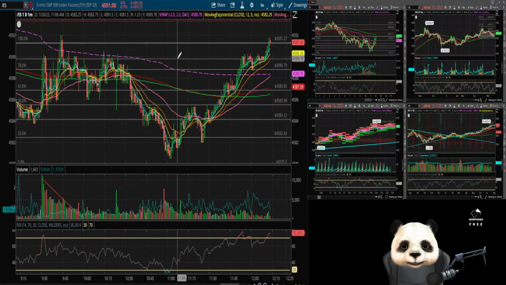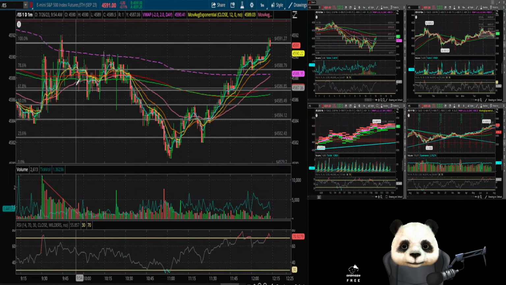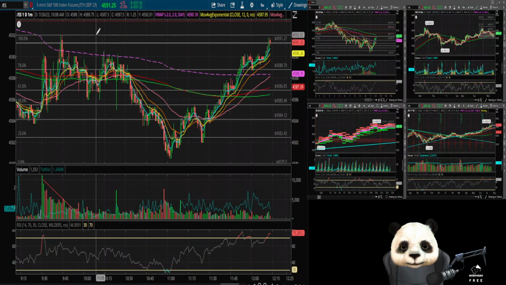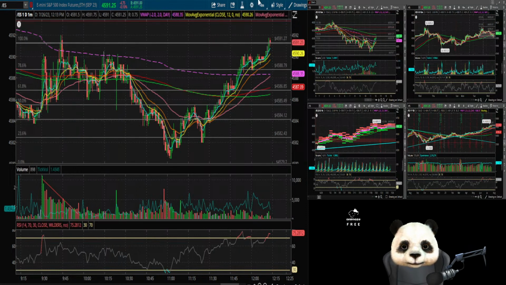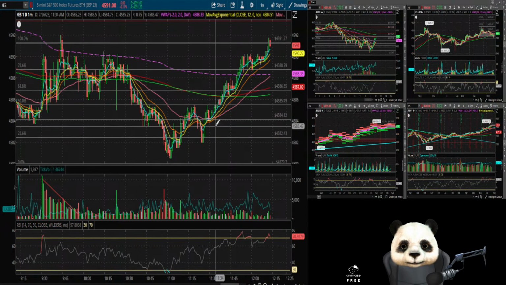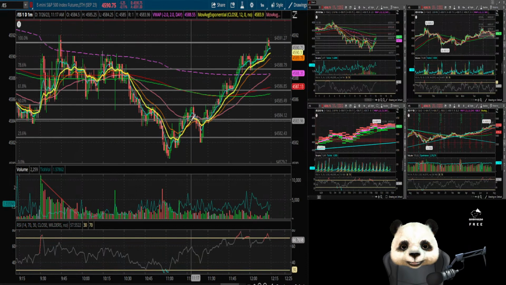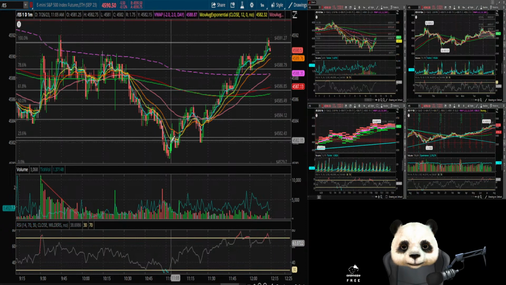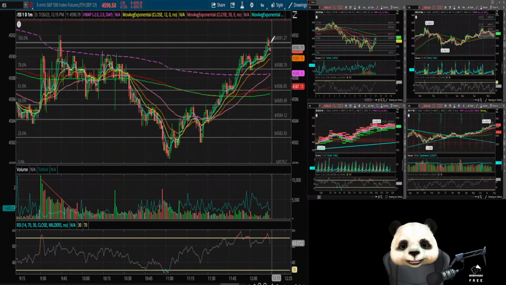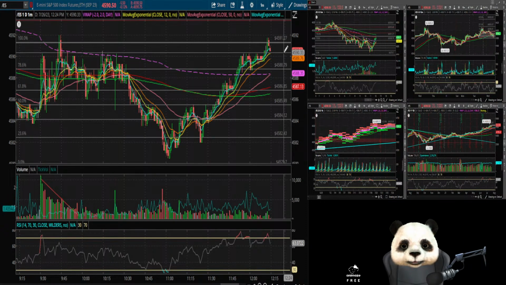So I've been talking and wasn't really paying attention to this, but we did break out of this channel here. This earlier channel broke out. We're about retesting the earlier breakout, but it was just a fake out. I'm not really a huge fan of the trade because we've just been on this steady up. We just go down, up, and it's not any certain direction yet. So I'm just not confident, not gonna take it.